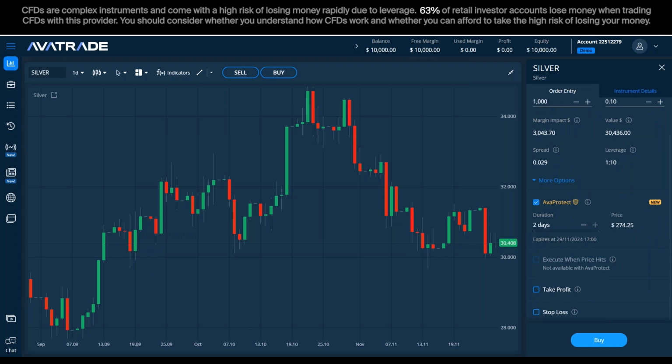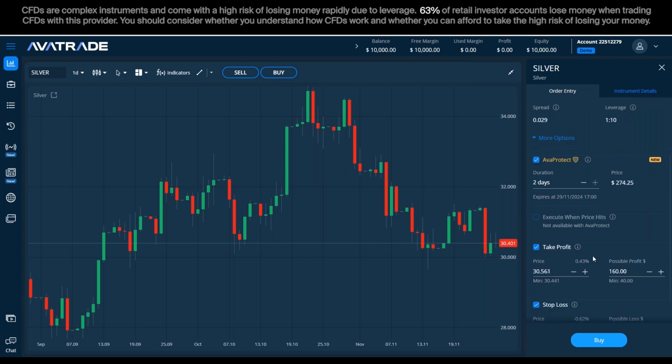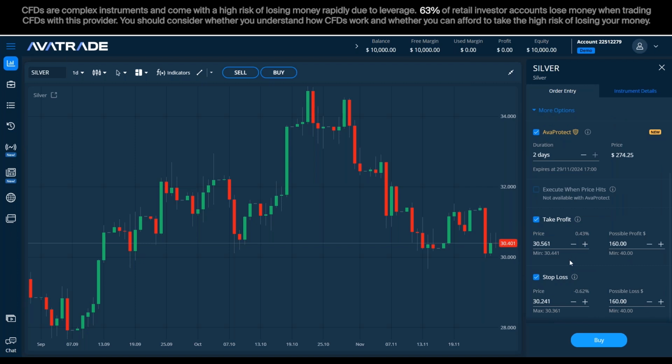So what I'm going to show you now is how to simulate the possible profit or loss, so you won't end up making or losing less than the fee, which is quite pointless, right? The purpose here is to protect my position and get back the losses. Therefore, if I click here on the take profit, I enable the take profit, and I click here on the stop loss, I enable the stop loss.